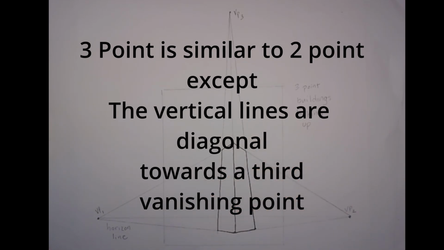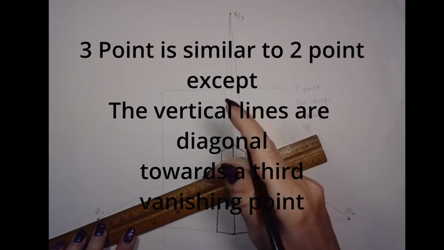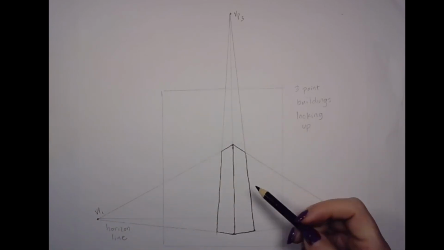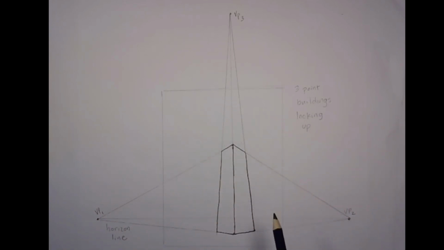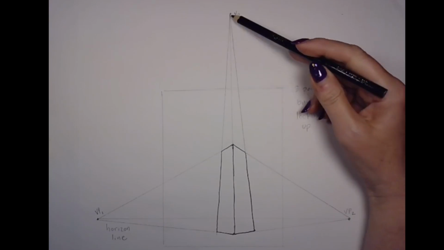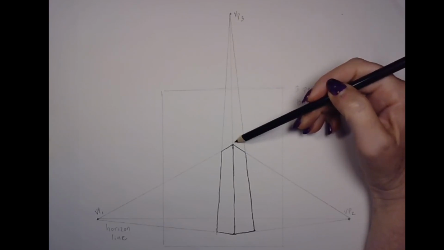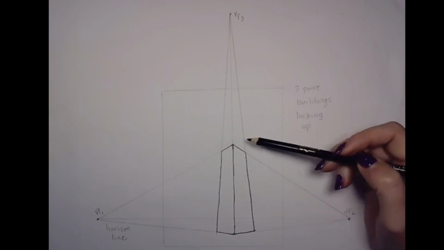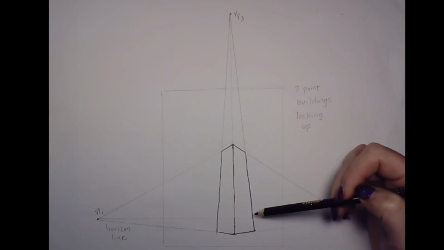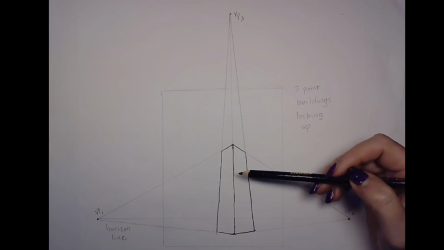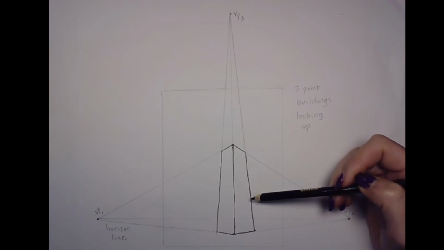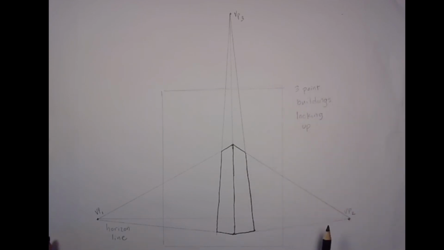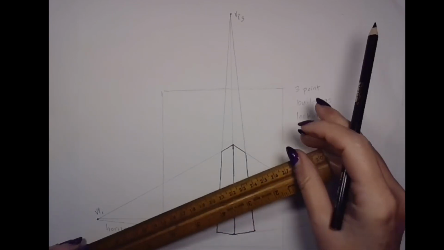Okay. Now I'm going to go from here. So before I do that, excuse me, this is like 2-point perspective, except the sides are slanted up. They're diagonal to vanishing point 3 if they're not directly underneath it. So this is directly underneath it, so this is straight, but these are not directly underneath it, so they're diagonal. So this is just like 2-point, except some of the sides are not straight up and down. If there were windows or lines on the building,